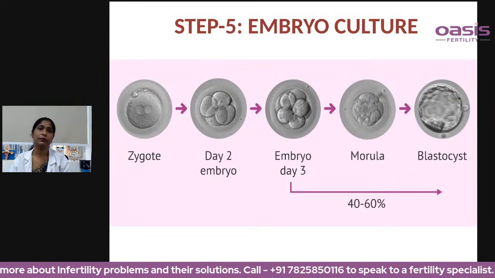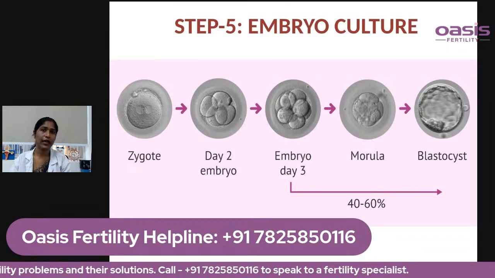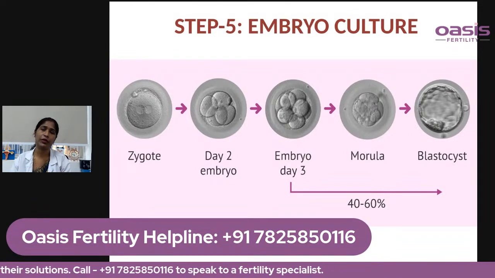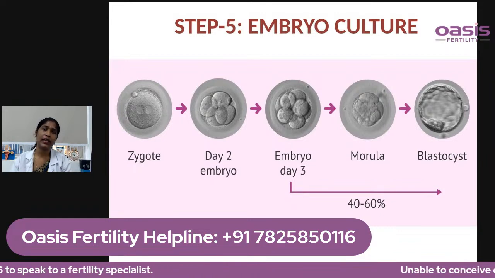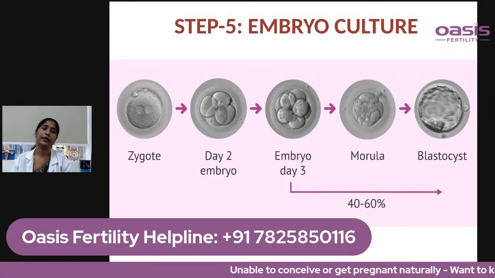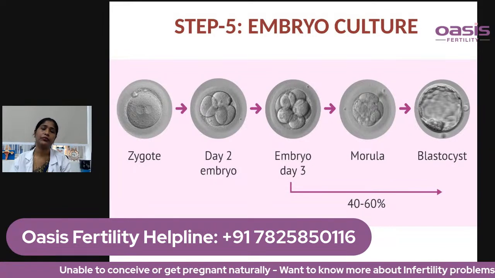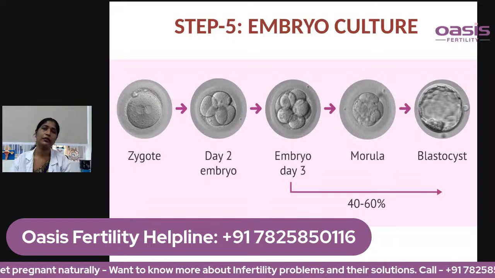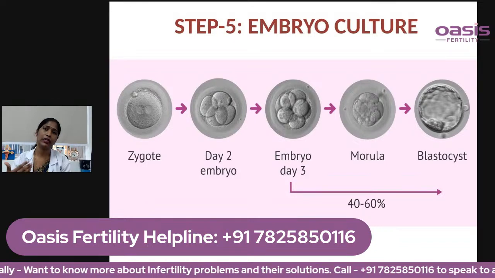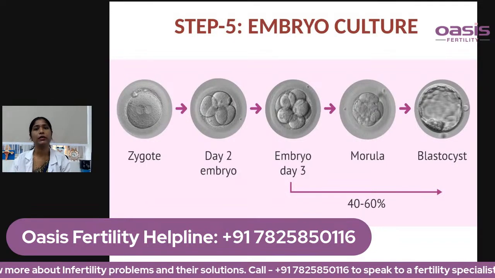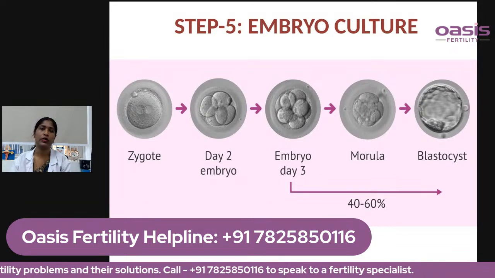So the next step is embryo culture. Once fertilization happens, the embryo is left to grow and a good environment is given within the lab, where the temperature, humidity, and the gases are maintained. The embryos grow in this well-controlled environment. By day 3, we check how many embryos have formed, and once we check those, we again leave them to grow. Most of the time we keep the embryos to grow till day 5 or day 6 of